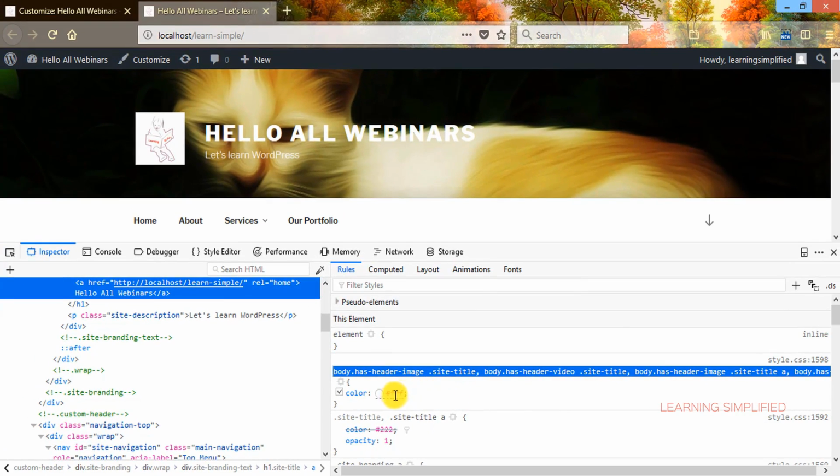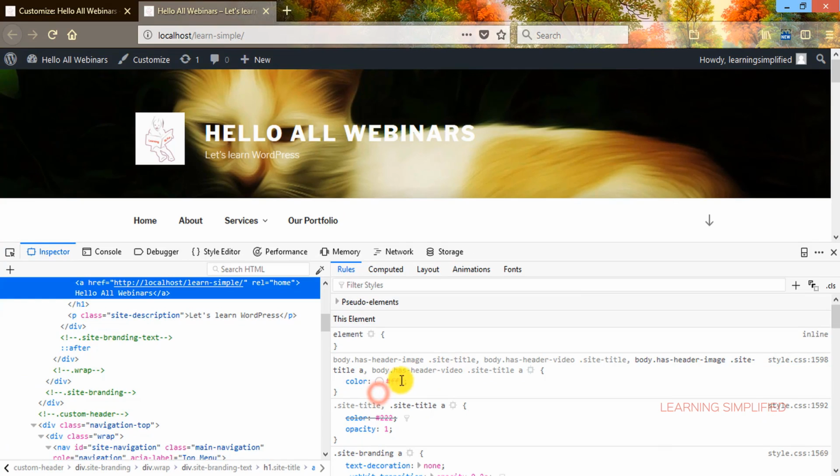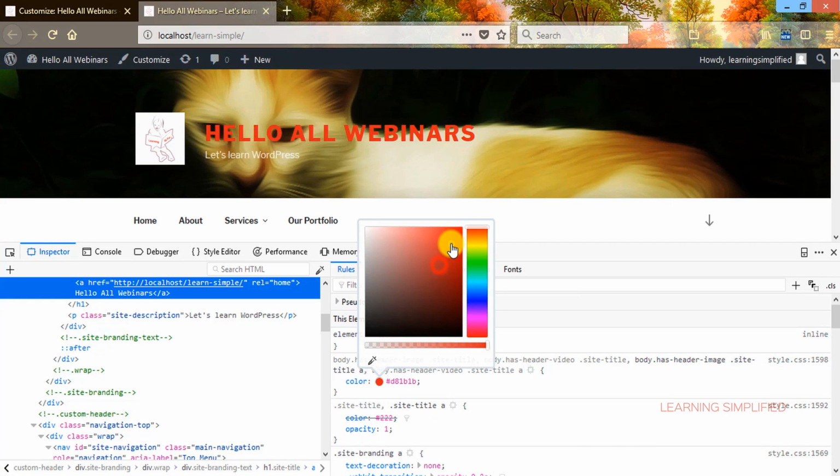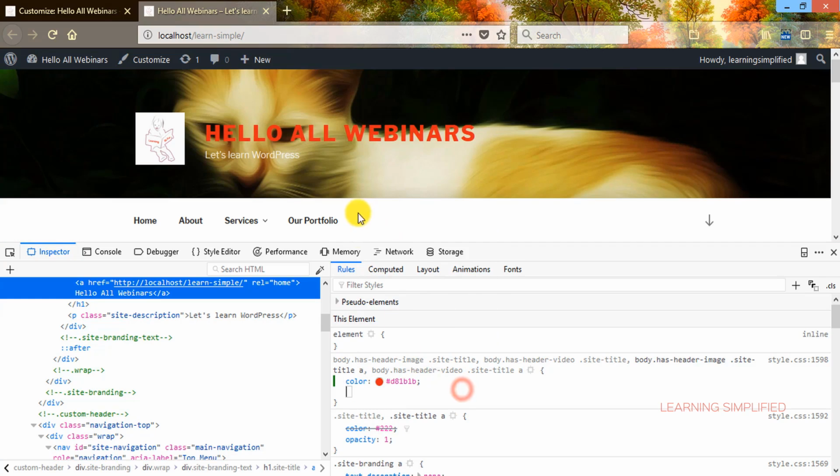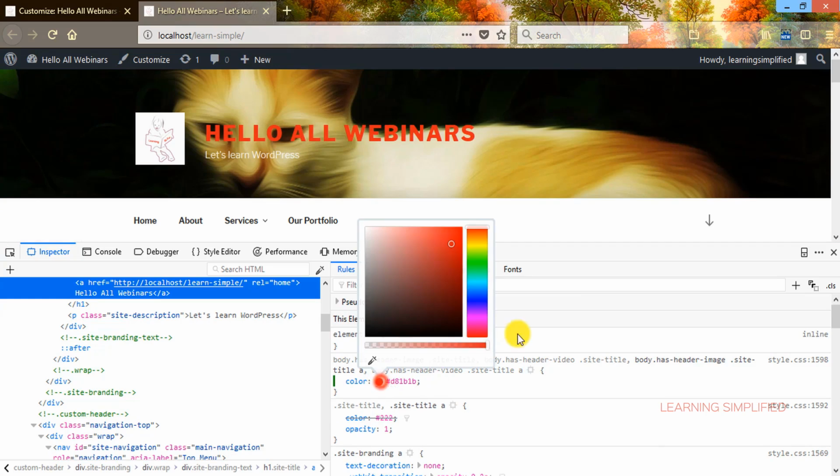For the sake of convenience, we are going to change this color here, and we can see that on changing it, the color of the site title changes.